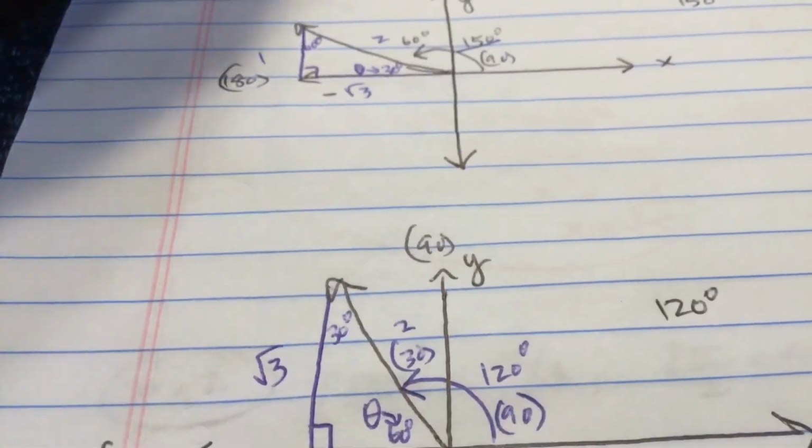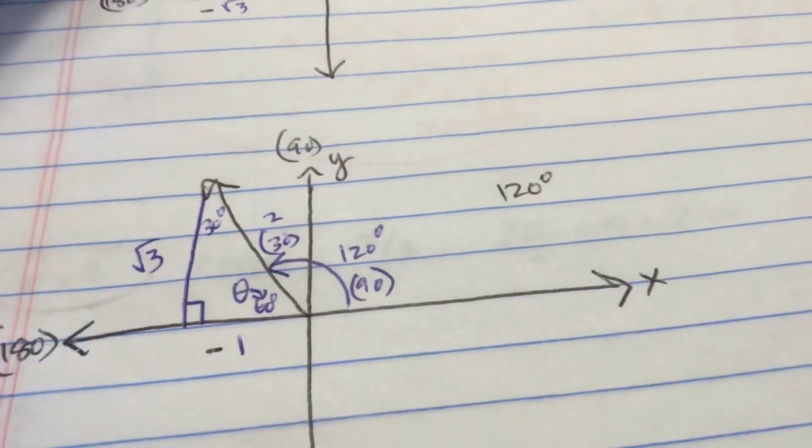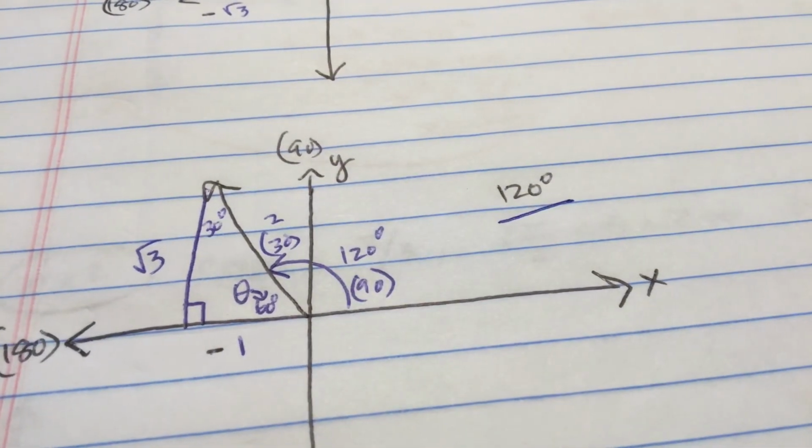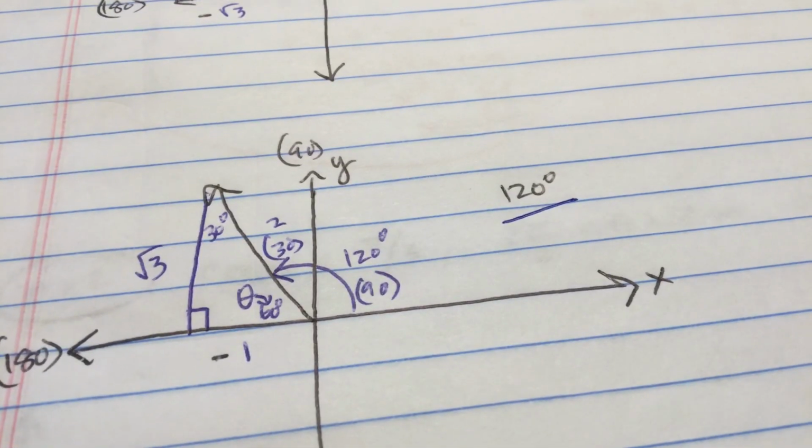All right, then 120 degrees. This is just how you get reference angles, okay? Because if you don't know the unit circle, this is what you're going to have to do. You know, if you don't have a calculator,